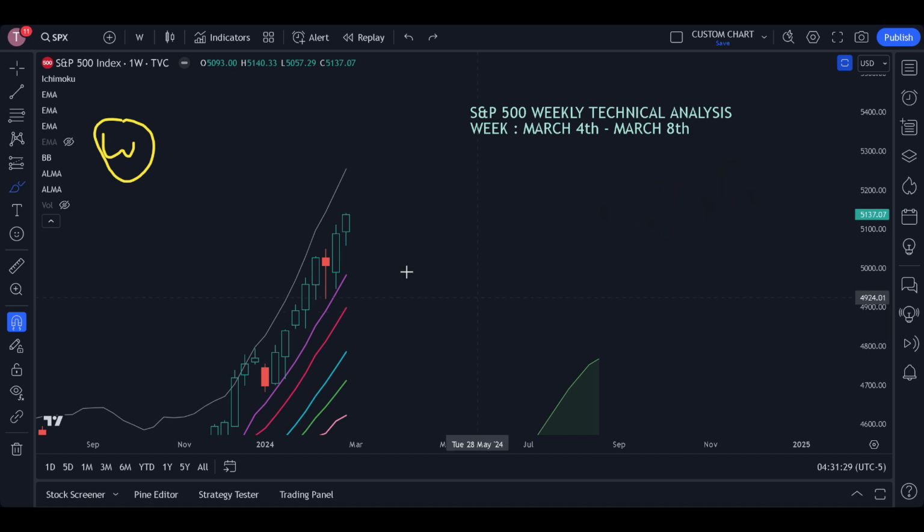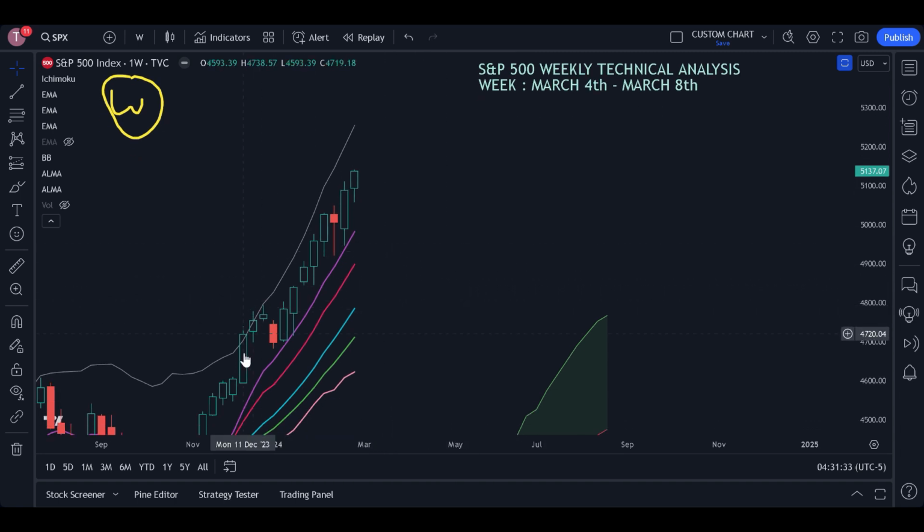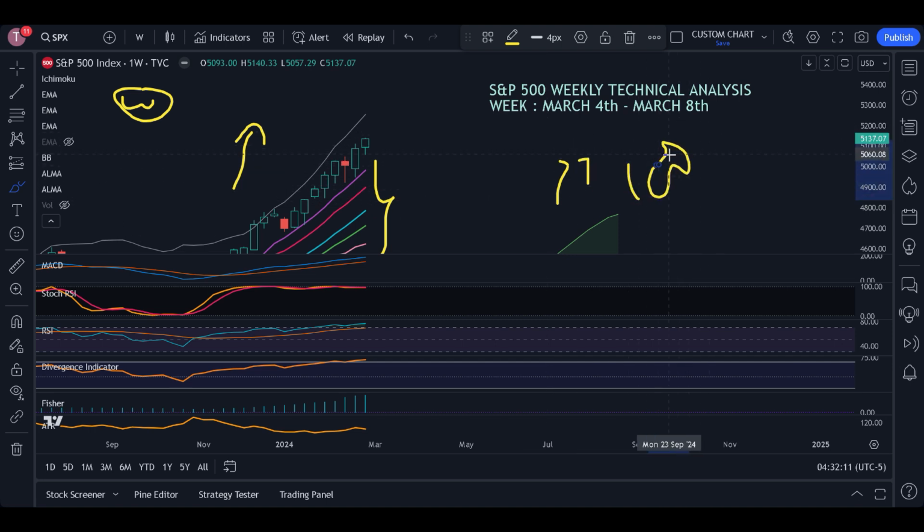Now let's see what the technical indicators are saying. You can clearly see there is a unidirectional movement, no break, nothing. So extreme FOMOing. A clear fan out of moving averages, and the Ichimoku cloud and all of the technical indicators are saying clearly bullish. Other than that, MACD is bullish, stochastic RSI is bullish, everything is bullish. On the weekly chart, the S&P 500 is 100% absolute bullish, as well as absolute overbought,